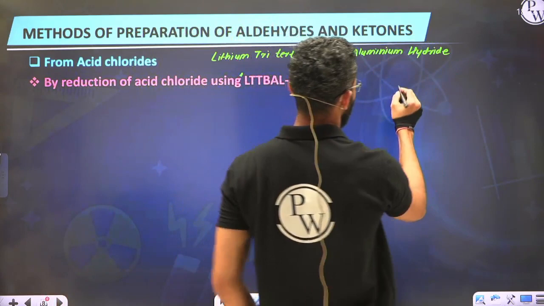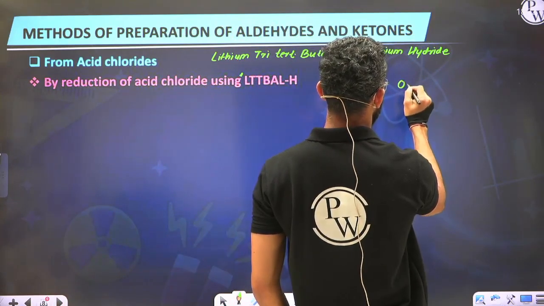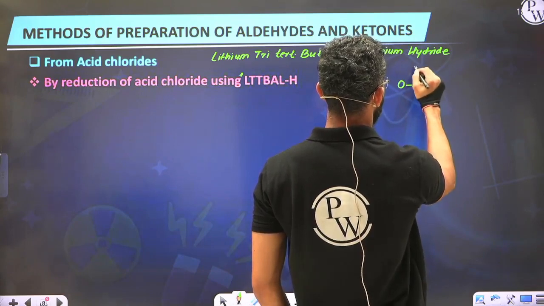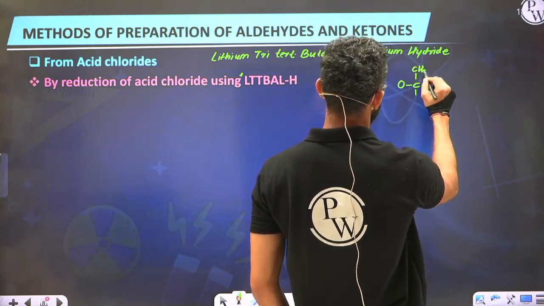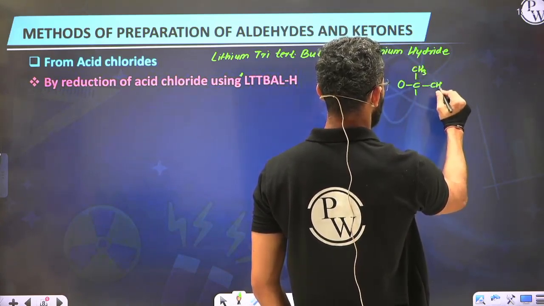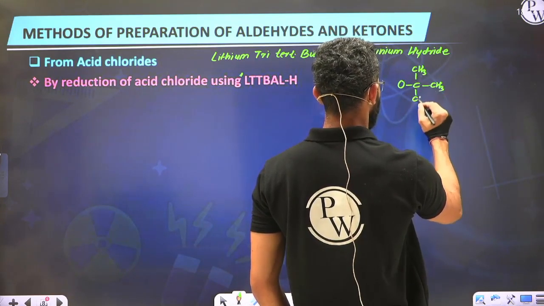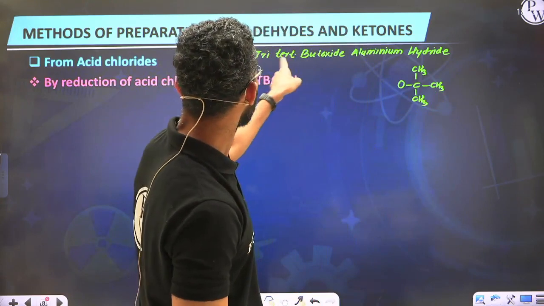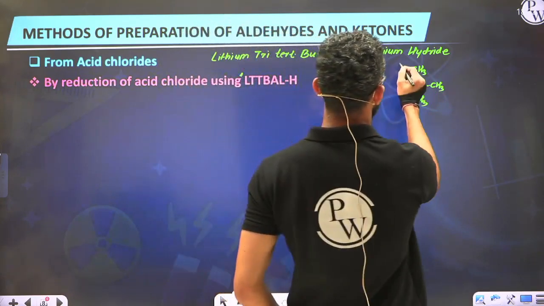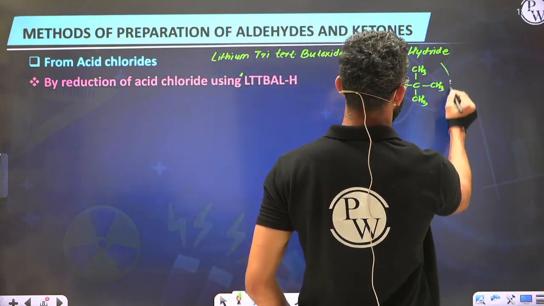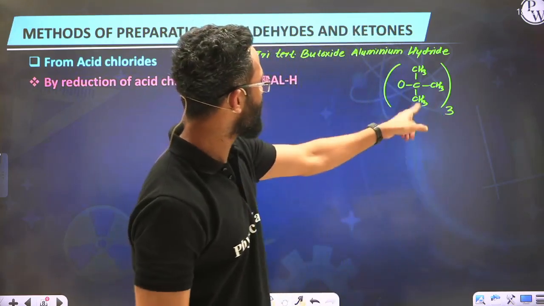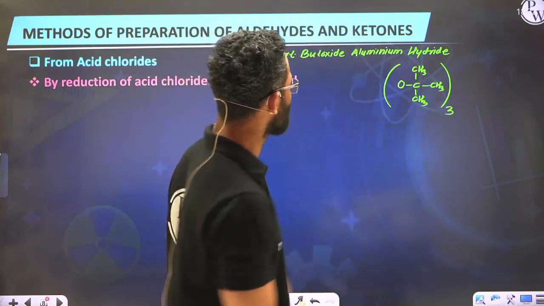Okay, let's say I'm taking tert butoxide. We have been studying this since reaction mechanism, where tert butoxide is used as a very strong base, right? So let's say this is tert butoxide. How many tert butoxide? Tri. So let's say I've taken them thrice, so tri-tert butoxide connected to aluminium